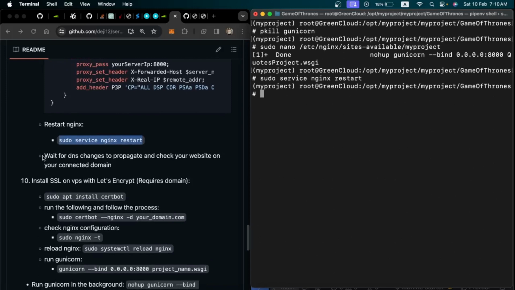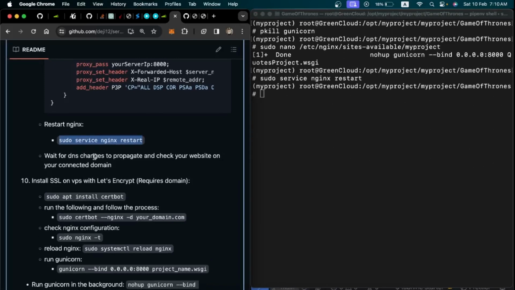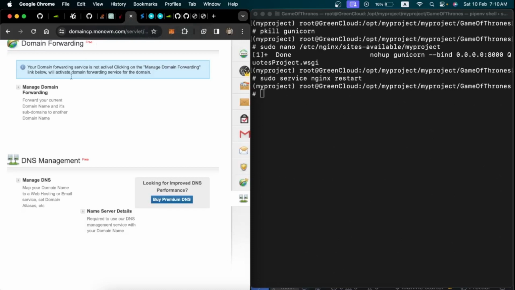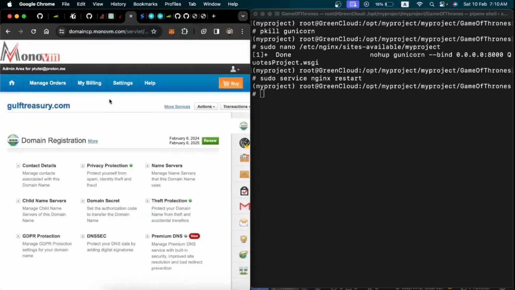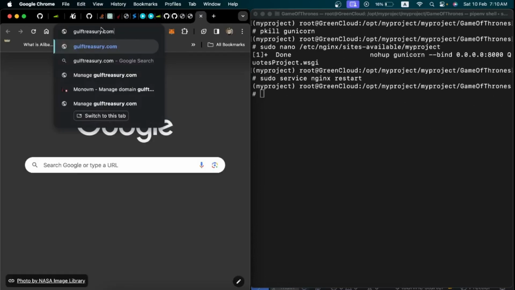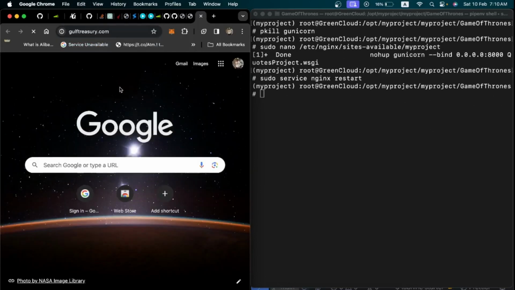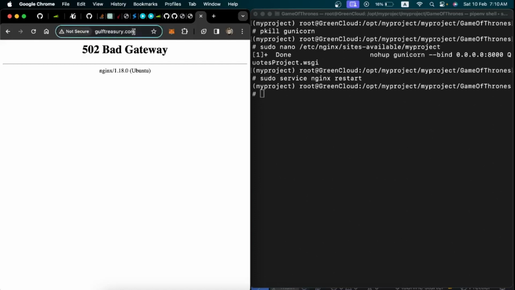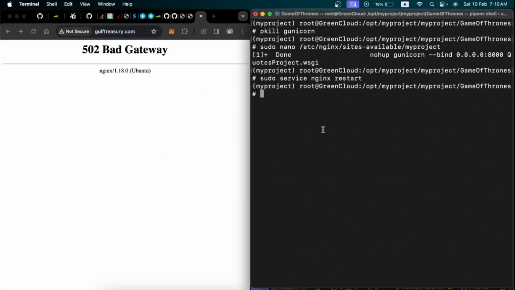Now the next thing is that we need to wait for the DNS changes to propagate, and then check on your website on your connected domain. So right now, if I try checking for my website on this specific domain, it's probably going to give an error. It says bad gateway. It says bad gateway because we haven't actually run Gunicorn in order to serve our Django project. So I believe it is